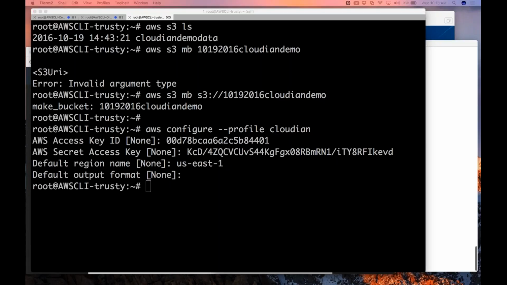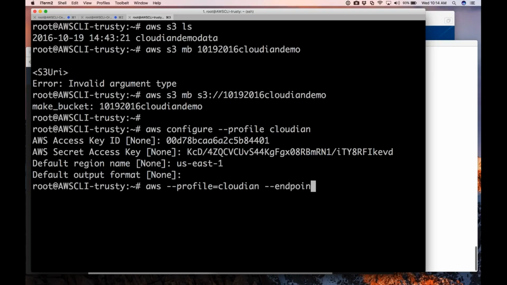And so in order to do that, the command's going to look a little bit different. So normally I would type AWS S3, but this time I need to add in --profile equals Cloudian. And then I also need to give it my endpoint. So normally it would go straight to the Amazon cloud, but I've got my own internal servers here. And so I need to give it the FQDN or the IP address of my on-prem system. So I'm going to do